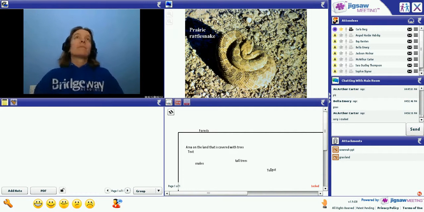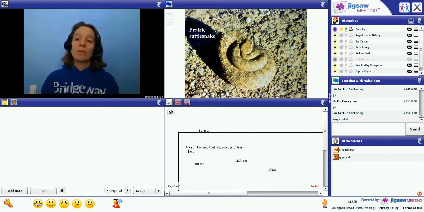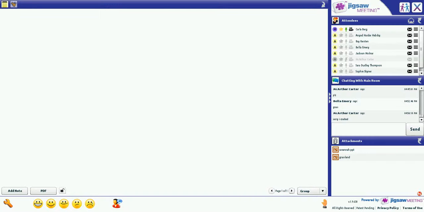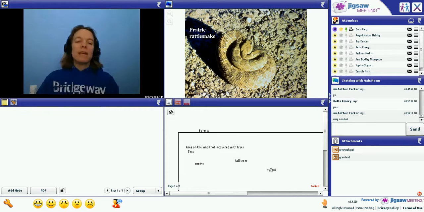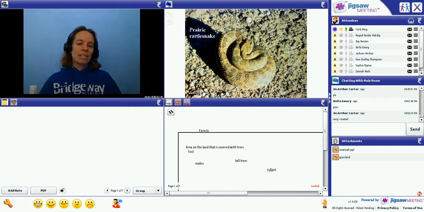Zana, go ahead. Like, do I have to put the aquarium outside? Oh. It is up to you if you want your terrarium inside or outside. Where I live, I can't put mine outside yet because it's still too cold. We have some people who are in Florida, California, Louisiana. Yours, it's probably warm enough where you are to go ahead and put your terrarium outside. That is completely up to you and your parents.